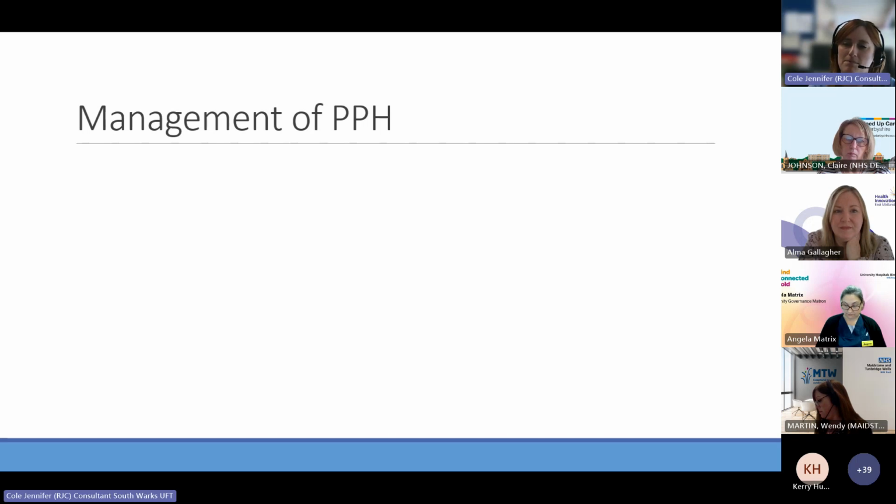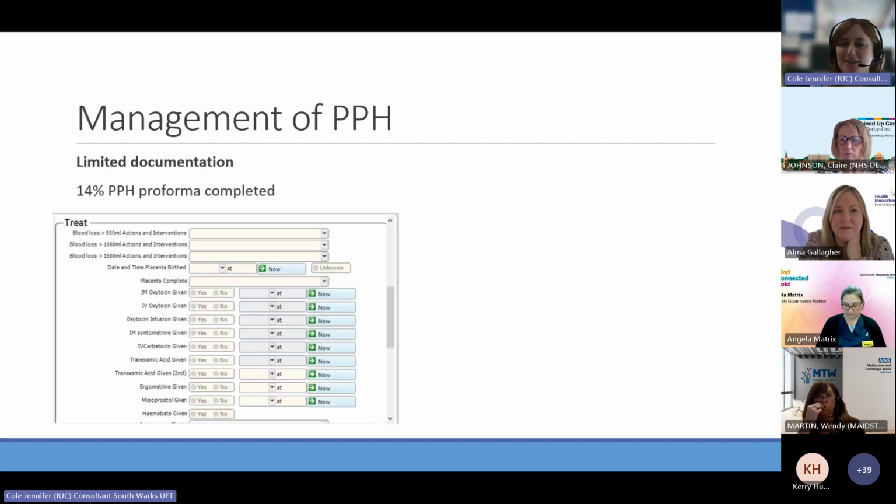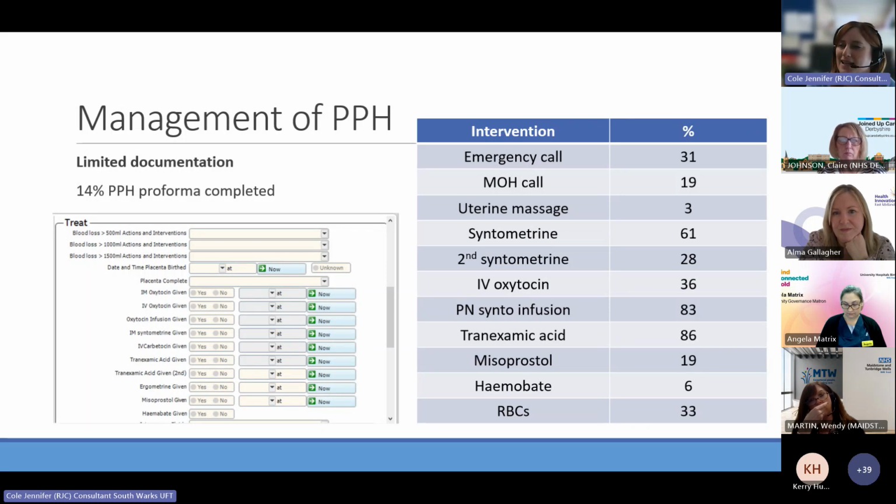When we looked at how we managed the PPH when it occurred, part of our problem with assessing that was some of our limited documentation. Again, we're lucky in that our note system does have a pre-built-in PPH pro forma where you can record all the interventions you've taken or considered, but that was only used in the minority of cases. This meant it was sometimes quite hard to tell exactly how well we've managed